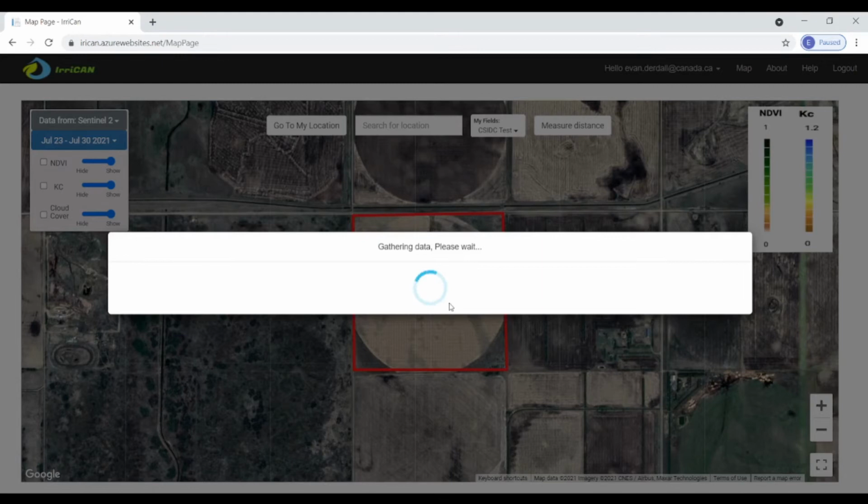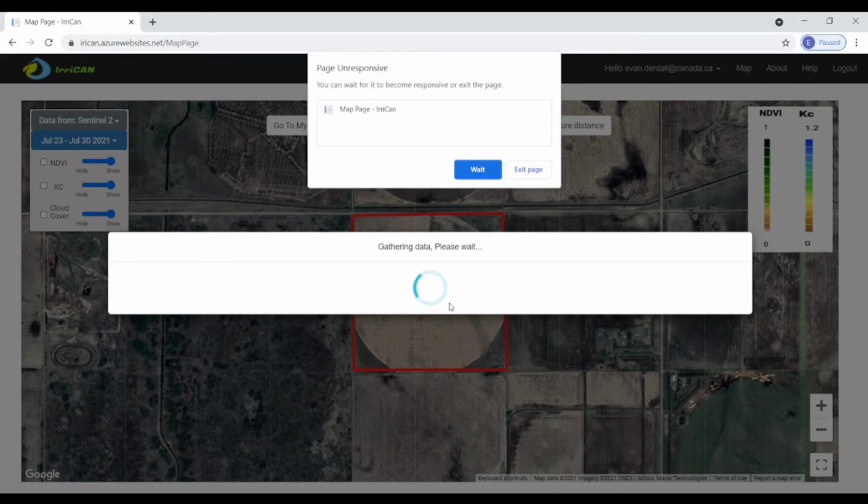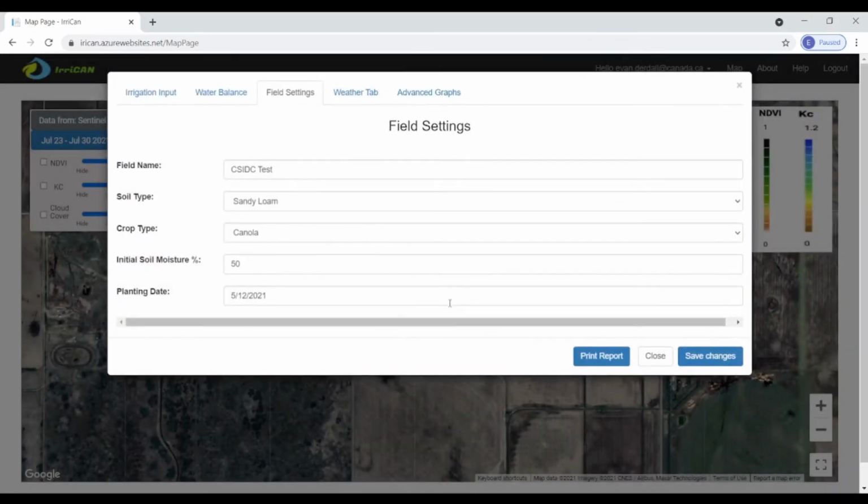Once you click on the boundary, the system starts up by gathering the data. So it's gathering the weather data from an online weather source that we're utilizing. It also is gathering all the NDVI imagery and such. You would have noticed that a page unresponsive message did come up. That's just a glitch we currently have with the browser. If you just click on wait or just sit there and wait a little bit, it should go away and